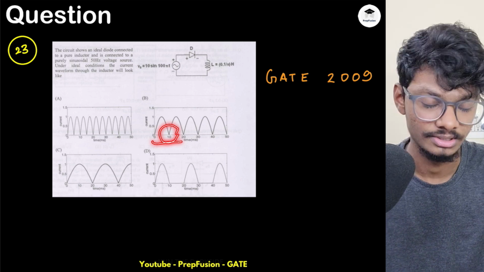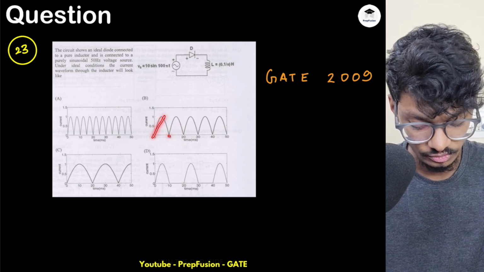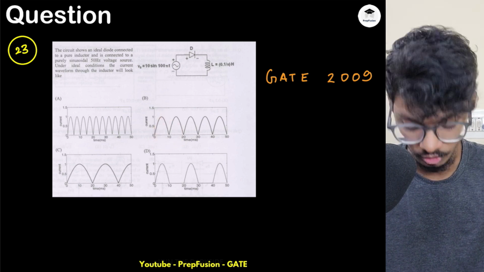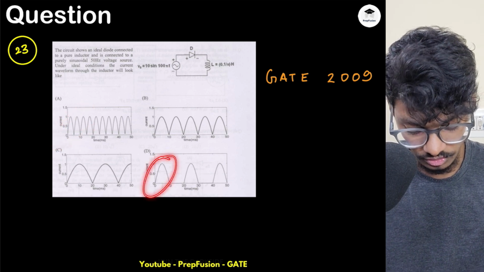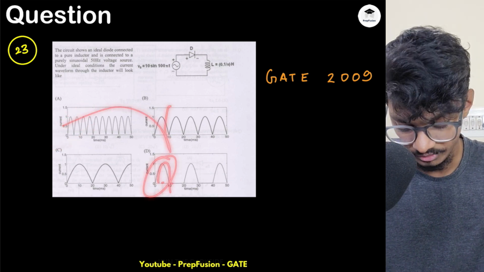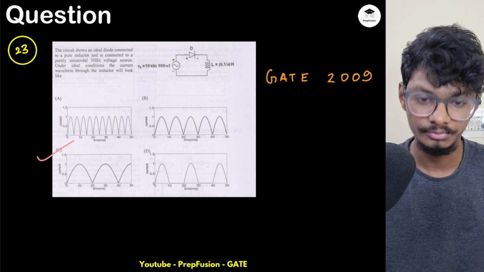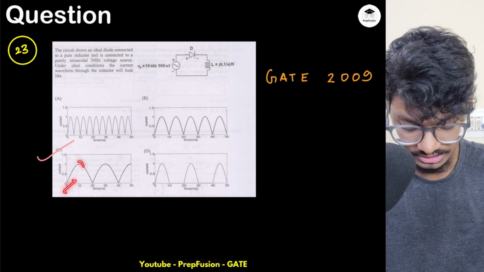Current will not go to 0 at 10 milliseconds. Current will only increase. Here it is telling that current will reduce before 10 milliseconds. Not possible. Here also not possible. Here also not possible, right? All these are cancelled anyways. So only option C is the correct one, because current will increase till 10 milliseconds and then it will decrease